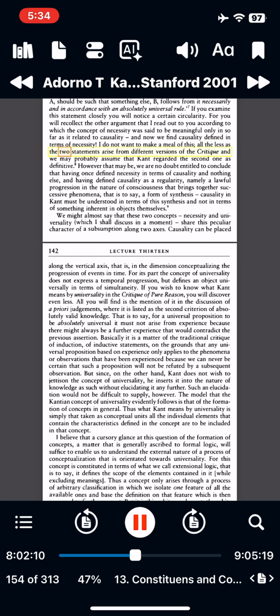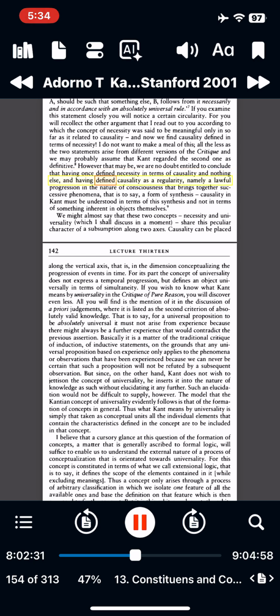All the less as the two statements arise from different versions of the Critique, and we may probably assume that Kant regarded the second one as definitive. 8. However that may be, we are no doubt entitled to conclude that having once defined necessity in terms of causality and nothing